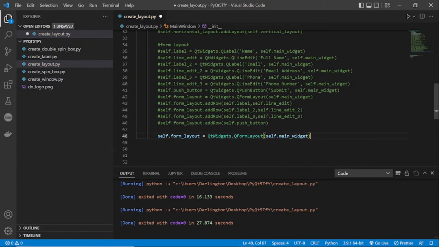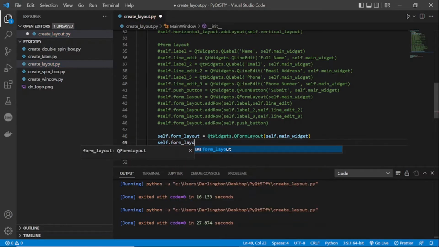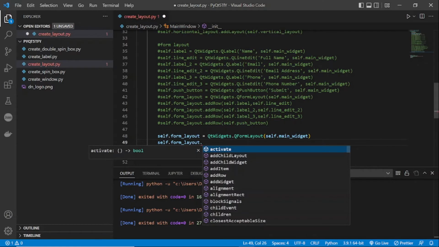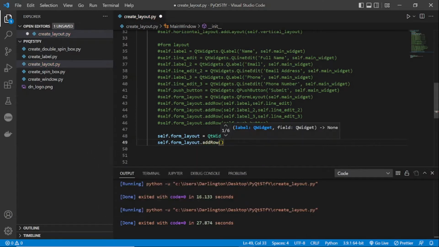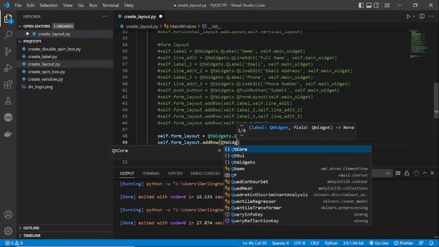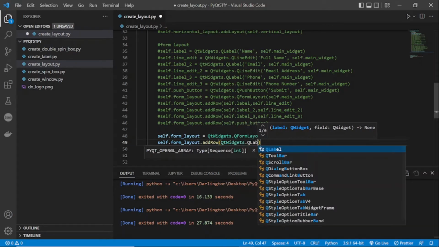Okay, and then we could say self.form_layout.addRow, and then I would say the first one should be a label. Okay, so QtWidgets.QLabel,